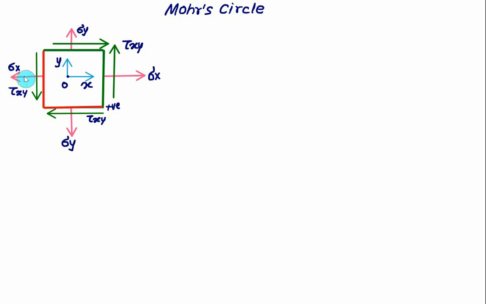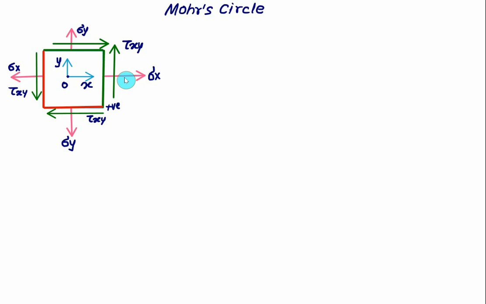For this one, we'll consider the state of stress as shown in the figure. Sigma x and sigma y are the normal stresses and tau xy is the shear stress. The given values of sigma x and sigma y are positive, as well as tau xy, as per the state of stress considered. But for the Mohr circle, we have a different sign convention. There is no change in the sign convention of normal stress, but the sign convention of the shear stress